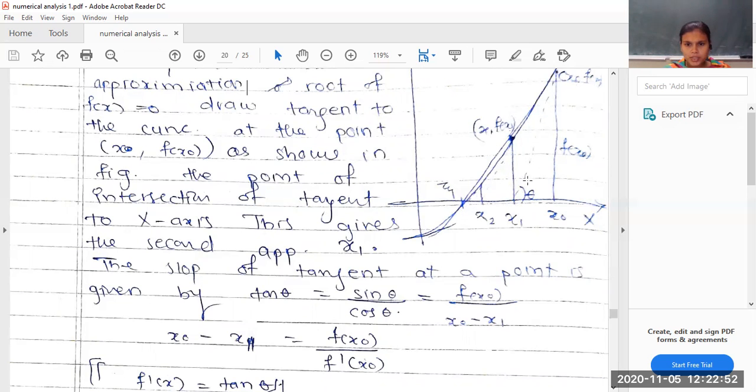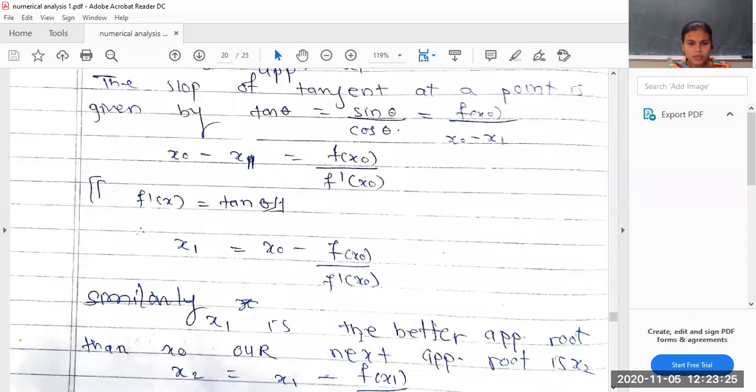So here we will take this triangle, with points A, x1, x0. From this angle we can find tan theta. What is the value of tan theta? Opposite side divided by adjacent side. The opposite side is this y coordinate. What is this y coordinate? It is f of x0. So tan theta is f of x0 divided by the adjacent side of this angle, which is x0 to x1. Okay, so with the help of this we can write down the formula for x1 equal to.